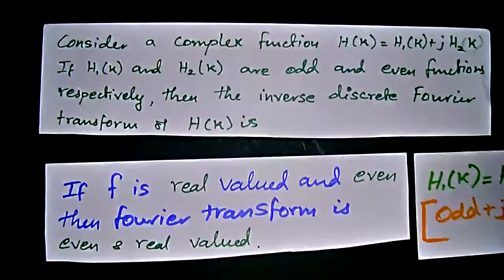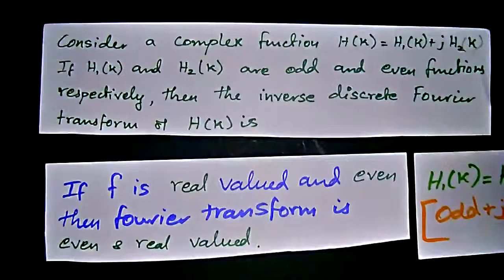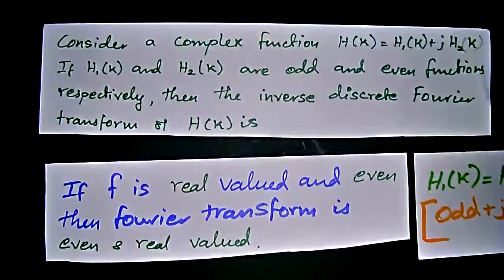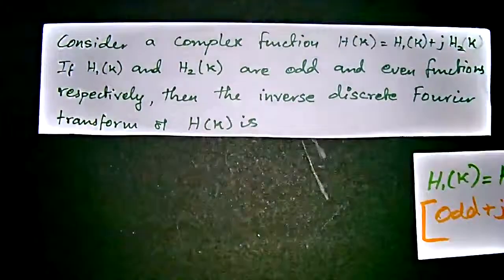We can say that we assume that these odd and even functions have real values. So we have the even value in the complex term, that is the j value, the imaginary part. So the Fourier transform will be even and real valued. So there is no need to consider this further. And when we have